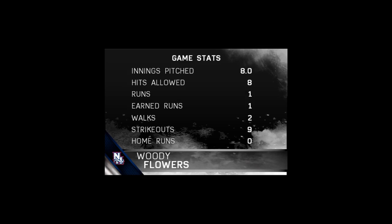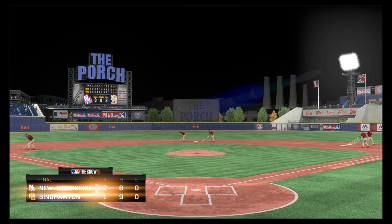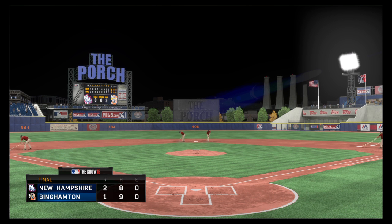Well, you always hope to get a good outing from your starting pitcher, but this man went above and beyond in this one. He's our top player of the game. Yeah, he wound up turning things over to his bullpen in the 9th, but still,